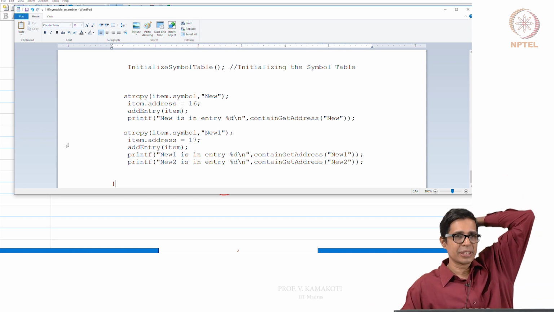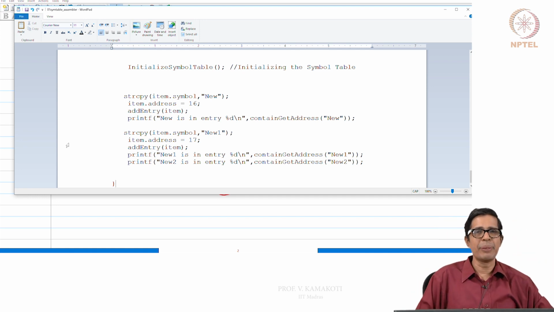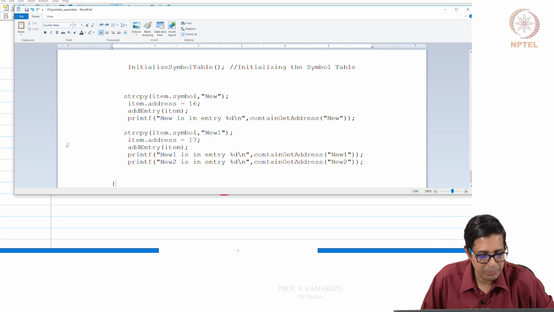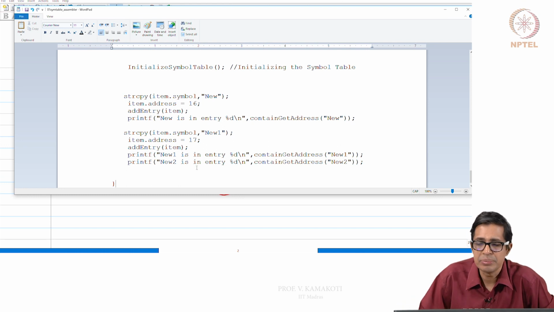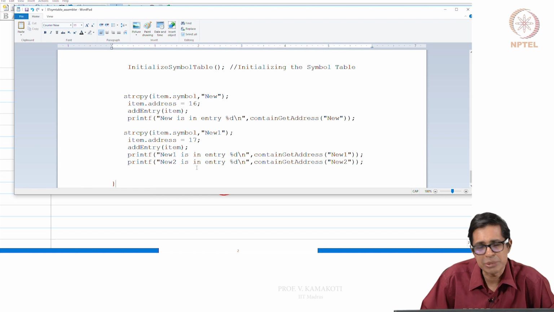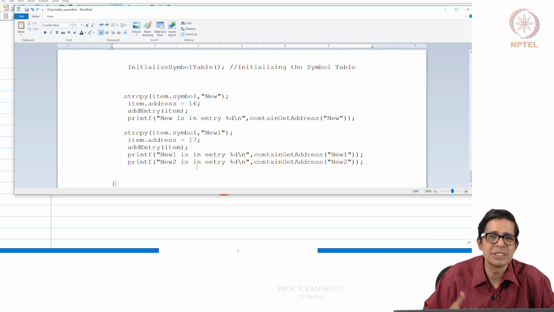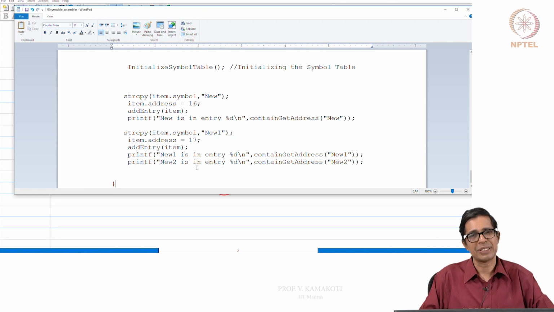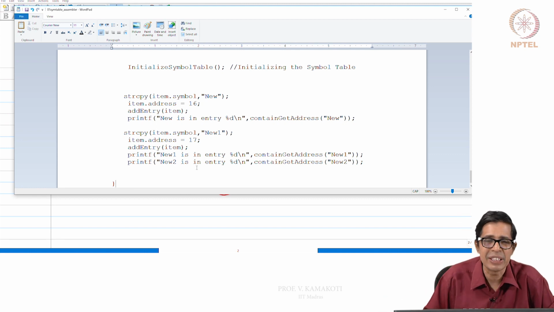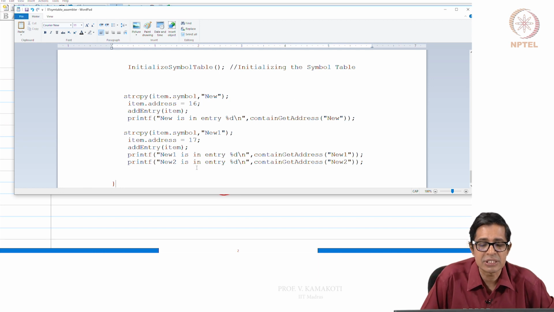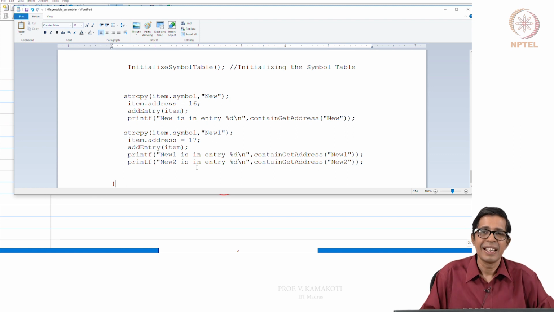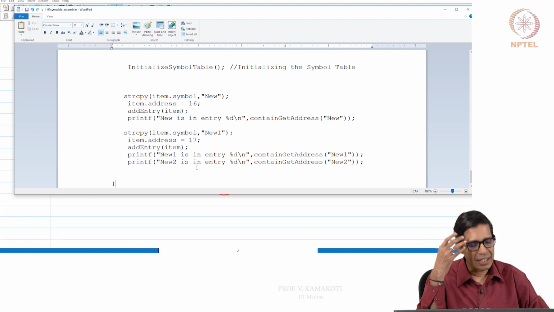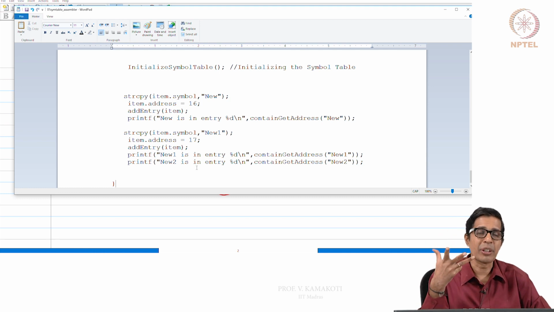You can also write a little more test cases for this. So this is how we basically construct the symbol table, and in the next module we will go into pass 1, which basically talks about how to use this symbol table for doing pass 1. So I hope you understood how to construct the symbol table. It has basically some simple functions like contain get address, add entry, and initialize, of course, only 3 routines, and I am sure you have understood the concept.